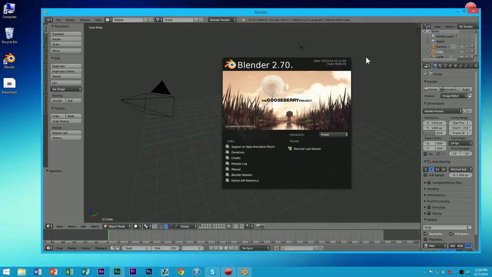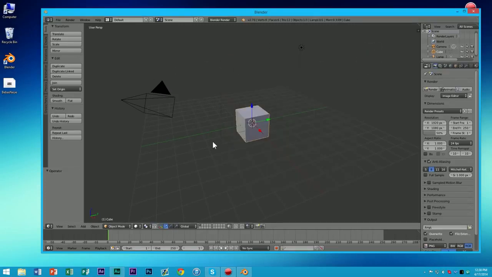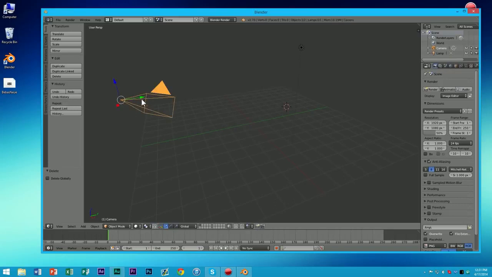Now, the first problem that people had is that the camera was in the wrong place for them when they started, and there was this cube here. Now, it had passed my mind that I had a custom startup file. I had altered the camera position, gotten rid of this cube, and set that as the default load up. But that wasn't your guys's load up, so it got a little bit confusing right off the bat for some people, and they got a little bit discouraged. It's really simple to fix this. All you have to do is select your cube and then hit delete and then enter, and then select your camera,